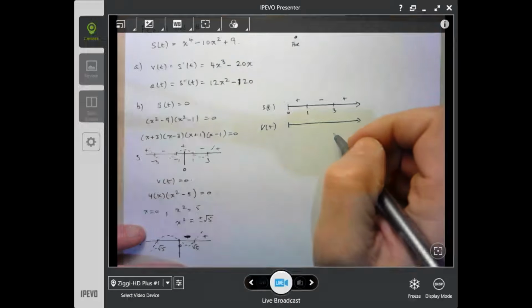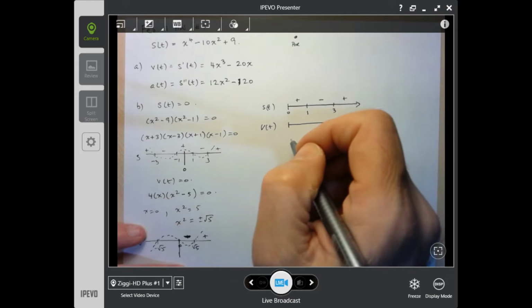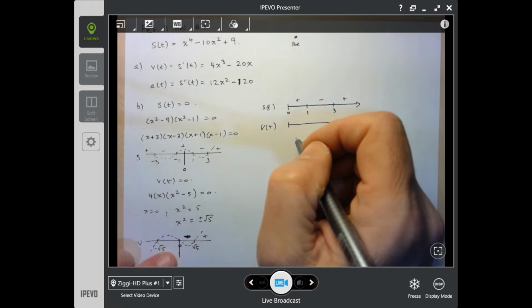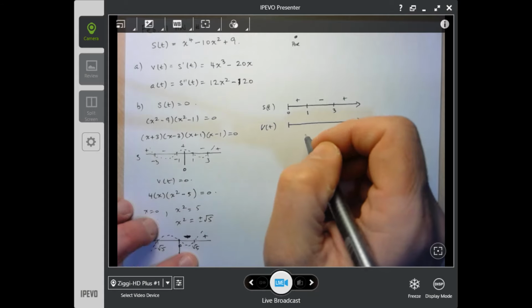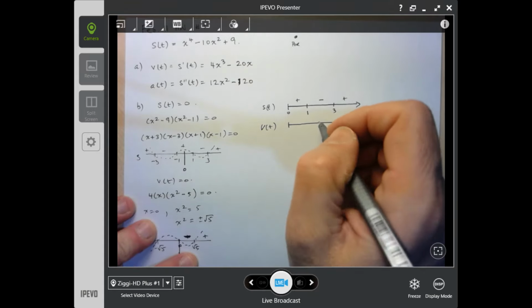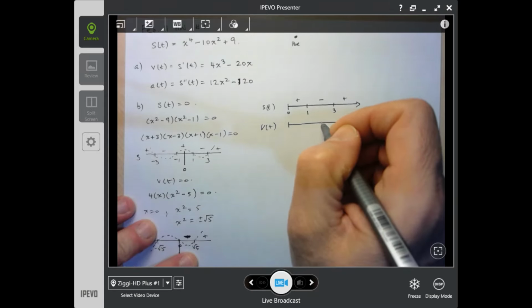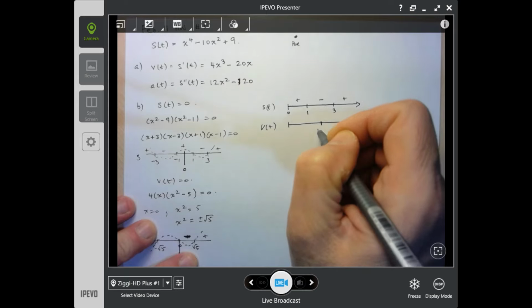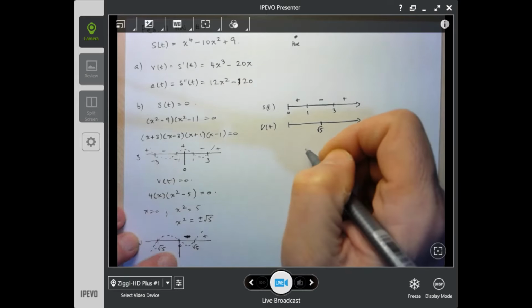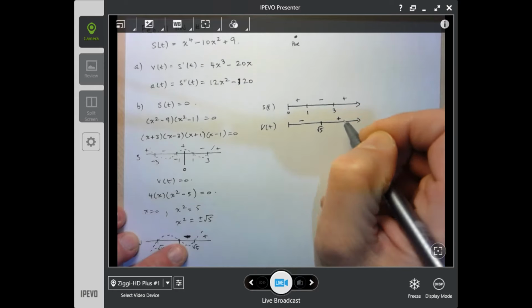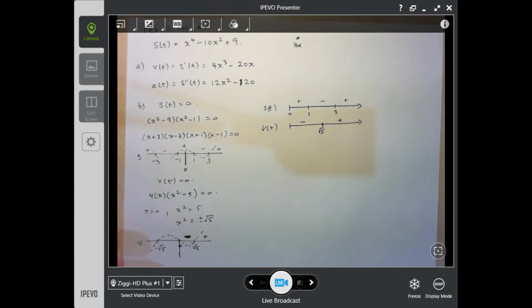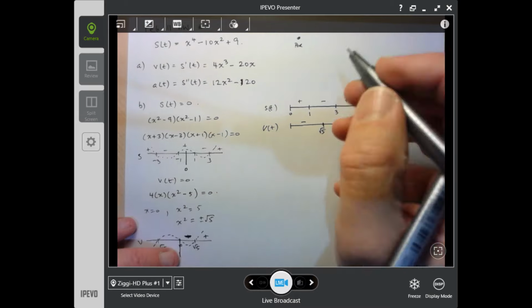I'm going to do the same thing with the velocity function. Okay, so here we saw we have 0 and we've got root 5. So root 5 is about, I think it's probably around 2.2. So it'll be somewhere here, I suppose, root 5. And then we see that it's going to be negative to the left and then positive to the right. And so now what I'm going to do is I'm just going to draw lines at all these places where